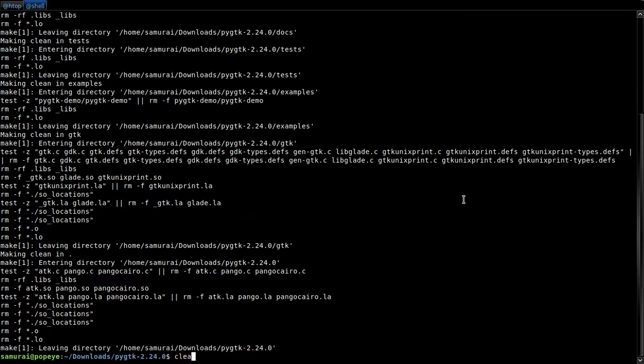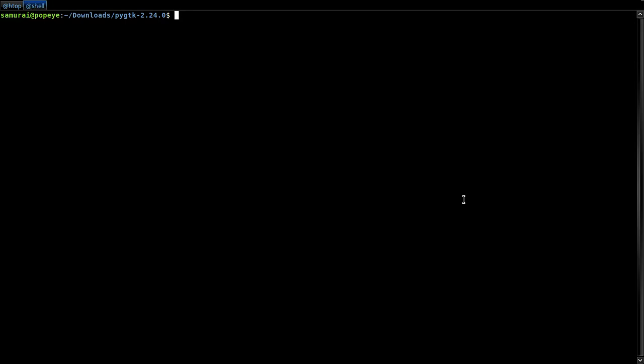So it's clean. So now we run again. Configure minus prefix equals user lib Python 2.7 and stop here, because under this directory configure will create the site packages, right? Yep.